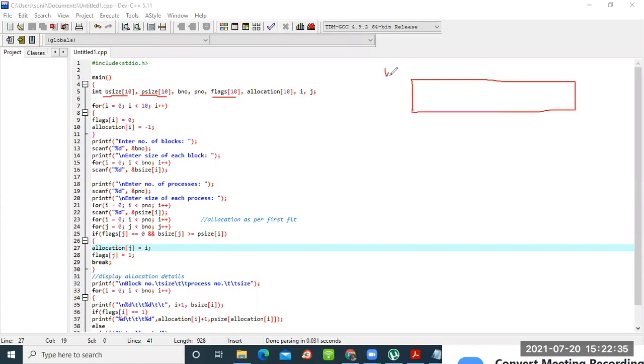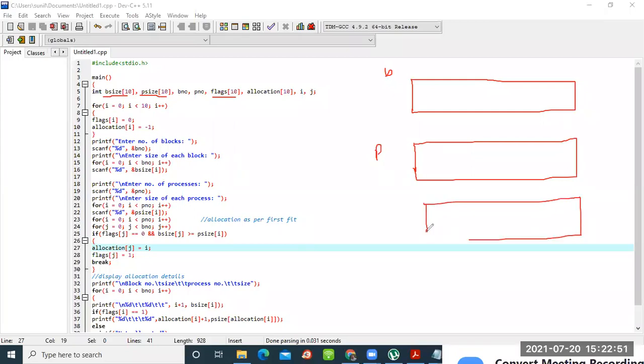Similarly, I will take one more array, which is going to store the process size. Now I will take one more array, which is going to store your flag. Assuming this size is 10, the maximum blocks is 10, the maximum processes is also 10, and the maximum flags is also 10.